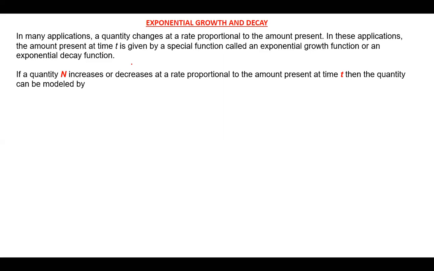So in many applications, a quantity changes at a rate proportional to the amount present. In these applications, the amount present at time t is given by a special function called an exponential growth function or an exponential decay function. If the quantity n increases or decreases at a rate proportional to the amount present at the time t, then the quantity can be modeled by